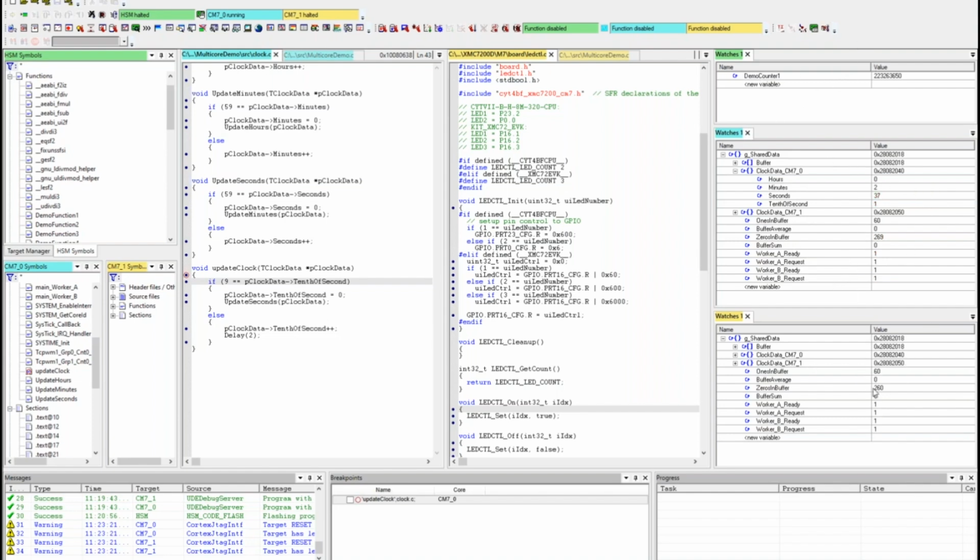The others are still in halted state. You can manually select the HSM, for example, make it go. Then you see, because the core 1 and the HSM are still part of the run control group, that they are